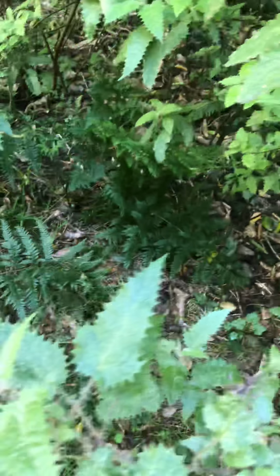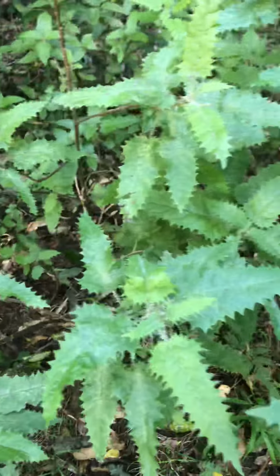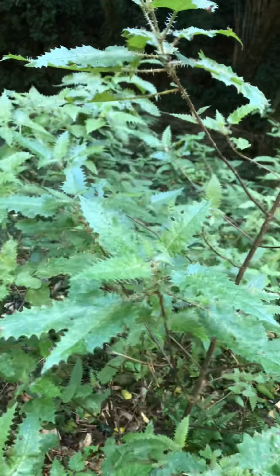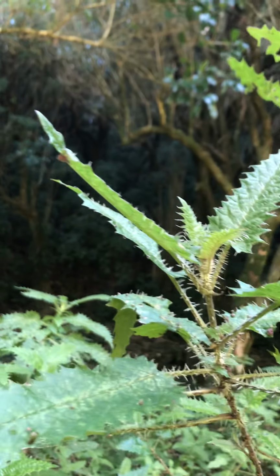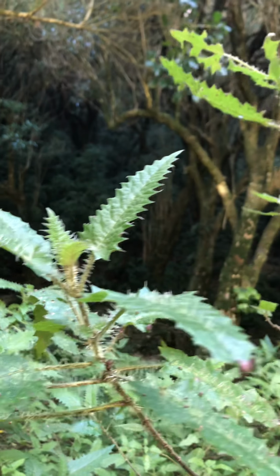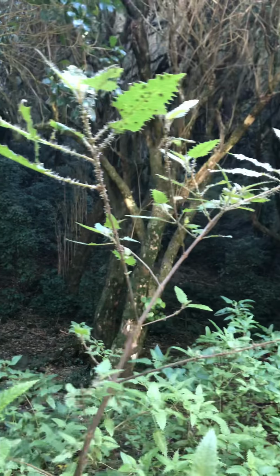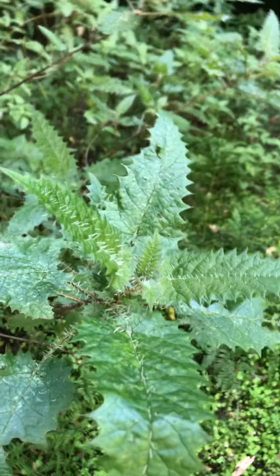Yeah, so that's a lovely, lovely plant there. Beautiful. All right, so I'm off to very carefully harvest all of the fresh young tips. Just those fresh young tips there that you're wanting. Yeah, I'll leave you guys with this. And go and have a wee hunt around for it. Now's a really good time to be